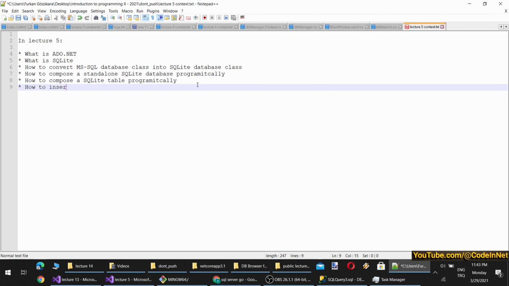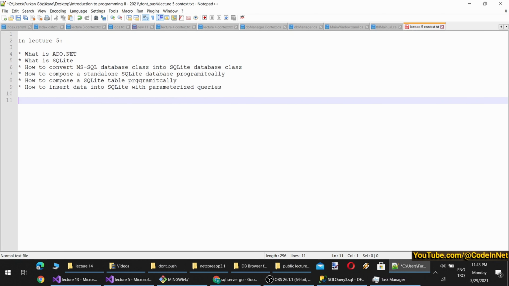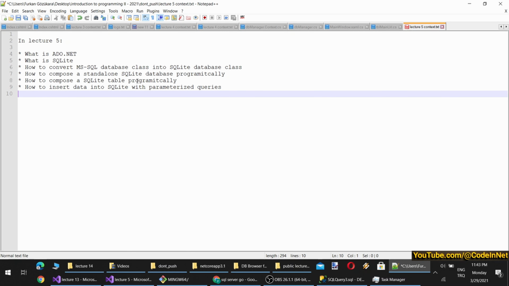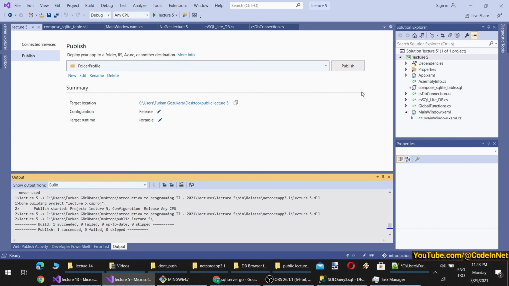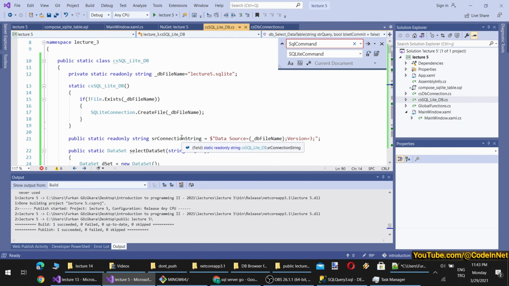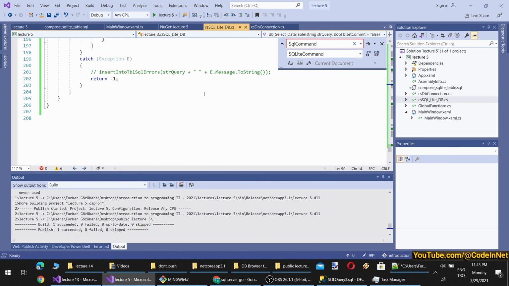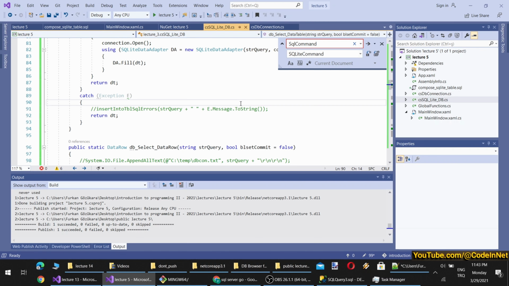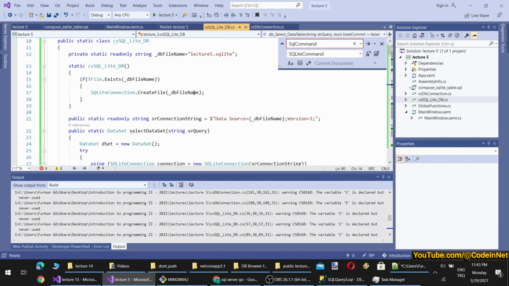How to insert data into SQLite, or let's say how to insert with parameterized queries. You can also do update, delete, insert, whatever you want using our converted class. It is that easy. Nothing is different. You can use all the methods here, and they should all work without much change.